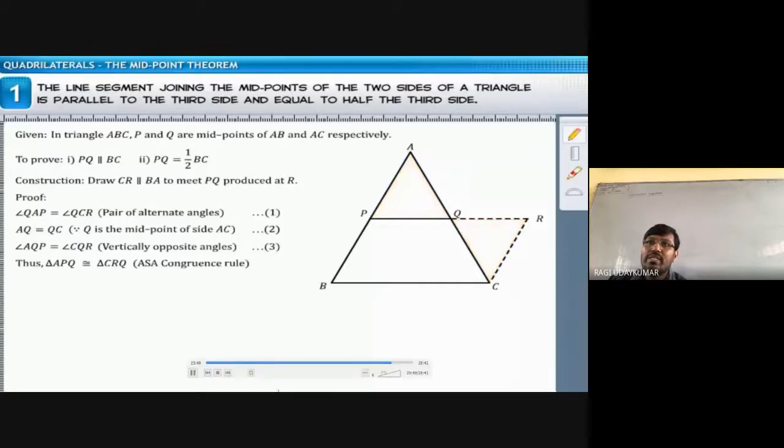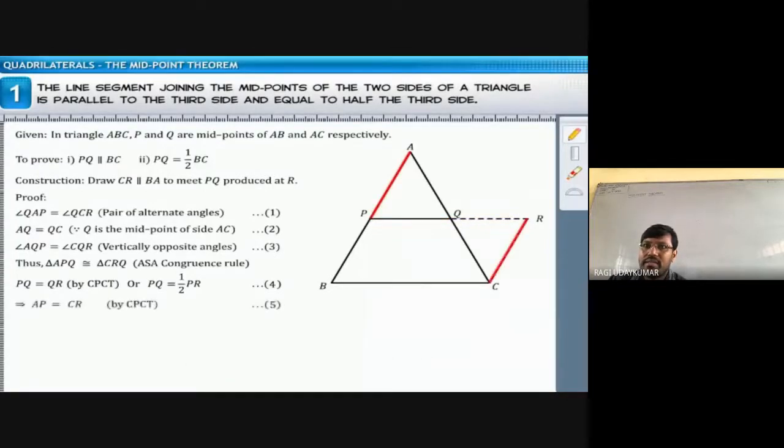So the naming is very important here. APQ, otherwise AQP. If you are taking AQP, you have to write CQR. Here as it is given, APQ, CRQ. Naming here is very important. These two are congruent triangles. So these two being congruent triangles is nothing but PQ length will be equal to QR. So that is half of the PR. PR में half होगा. This is half of the PR. Isn't it?